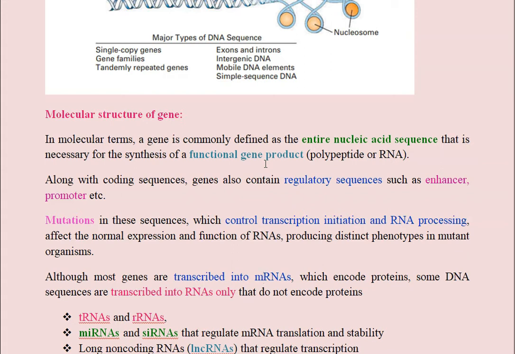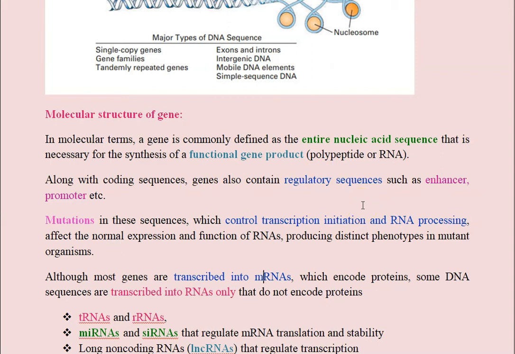Here the functional gene product may be a polypeptide chain produced through mRNA, or else it is an RNA molecule, that is, the final product is the RNA molecule. It may be tRNA, rRNA or other small RNAs. Okay, so we already discussed that along with coding sequences, the genes also contain some regulatory sequences which are called